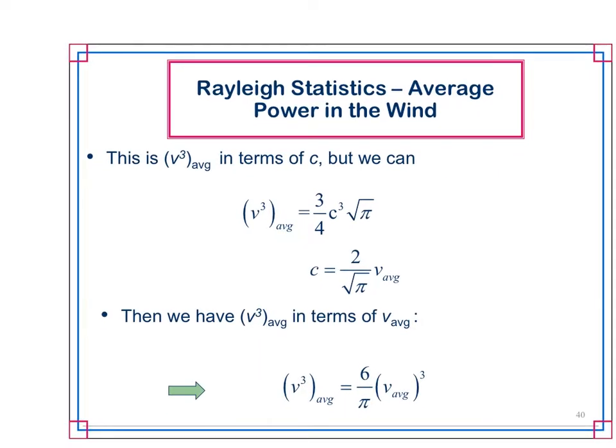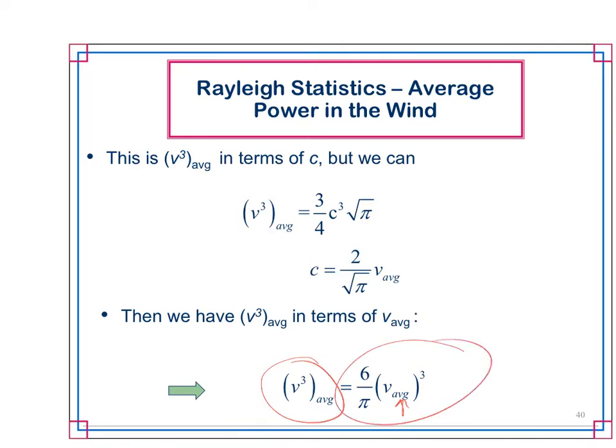When do I use that? Well, because that's going to allow me to recalculate a better shape parameter. But more importantly, this is way more important to calculating power than V average. So I'm going to modify my average power in the wind equation